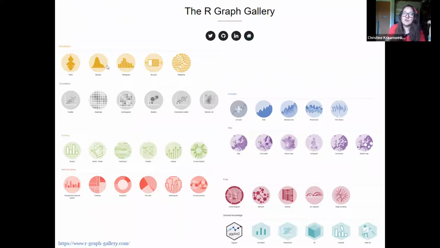You can do histograms, you can do density plots, box plots, and ridge lines. That one personally, I've never really used. So then it gives you correlation plots. And again, for each of these, if you click on that on the website, again, the website is given here, R Graph Gallery, then it will show you exactly how you can approach doing these plots.